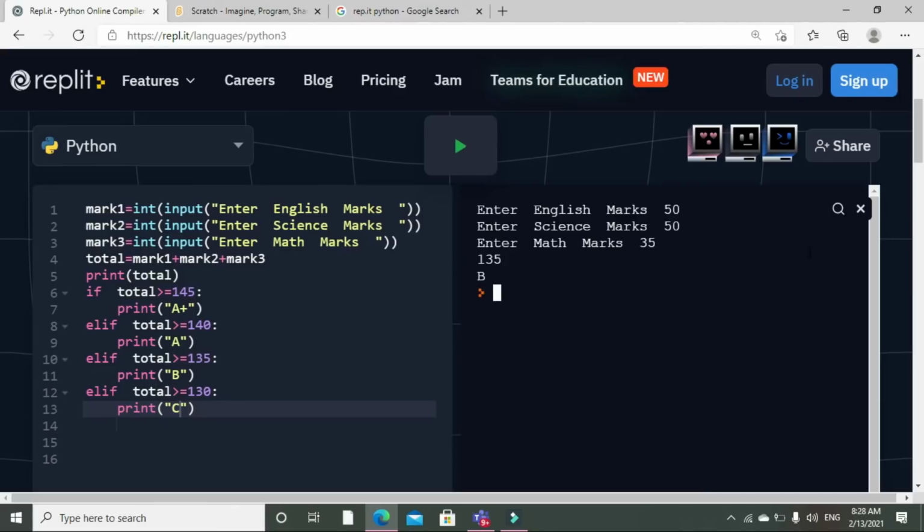Okay, like this I say 50, 50 and 30 or 31, it's C. Okay, so like this you can put many if inside if, and that we call nested if. And in the last, if you want to put more, it's okay. If you don't want to put more, you can say if these conditions are true, print this,